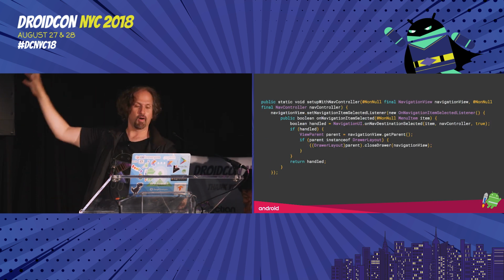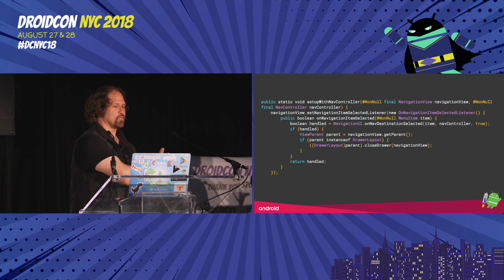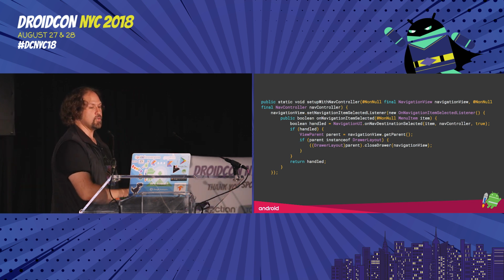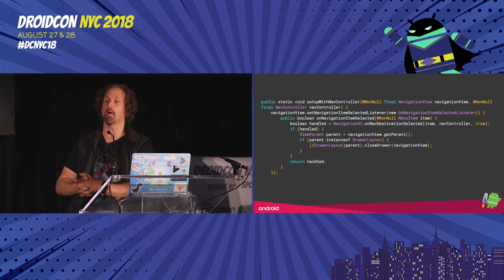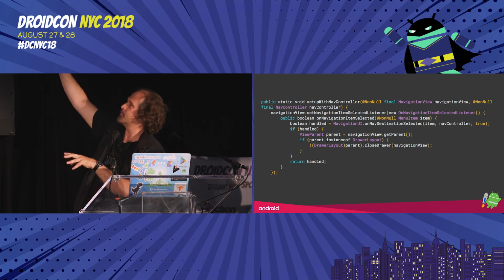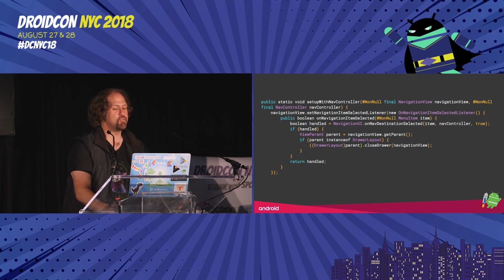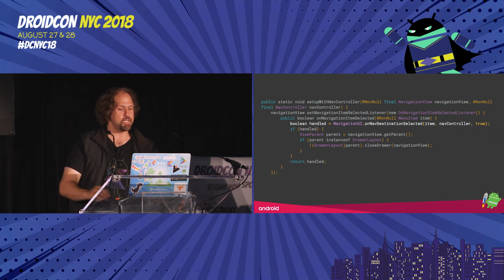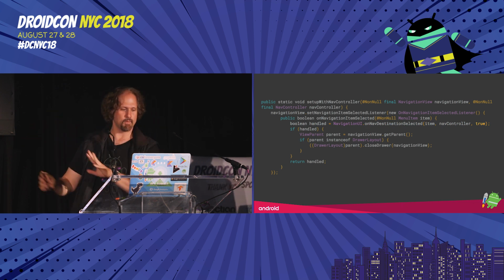These UI helpers are all written against the public interfaces for navigation, so you can easily change the behavior if you don't like what they do. But know that they really do try hard to follow the principles of navigation. Like we're inside of the setup for the navigation view used in the nav drawer, and inside of the callback you can see that onNavDestinationSelected is called with true, which to be fair happens to be a non-public interface.